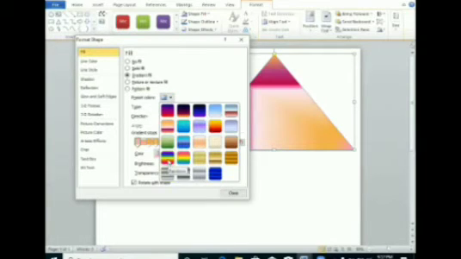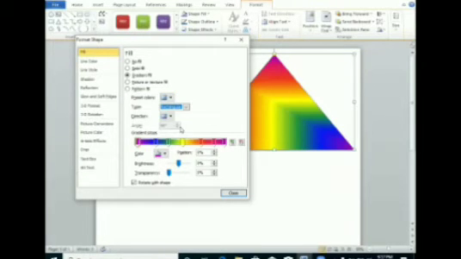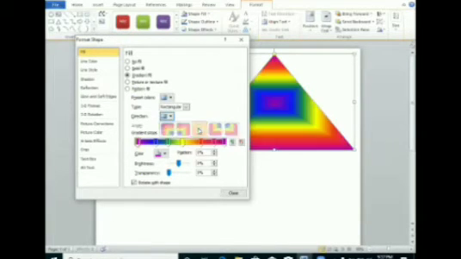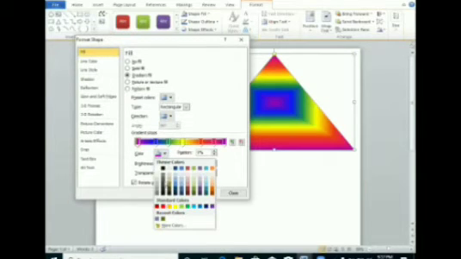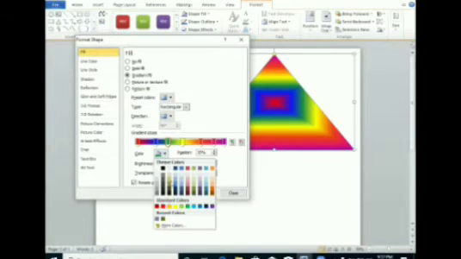From here we can change the preset color, and here the type, which type you want inside it. Direction, from which direction you want it. There are different options you can use according to your requirement. If you want to change the color, you can change the color also. You can see here inside color. Same like that, you can change any color according to your requirement.